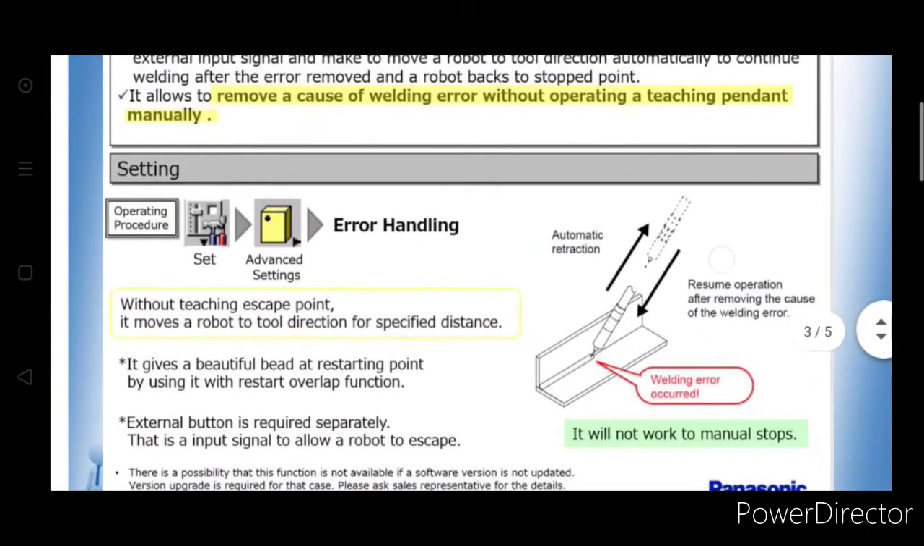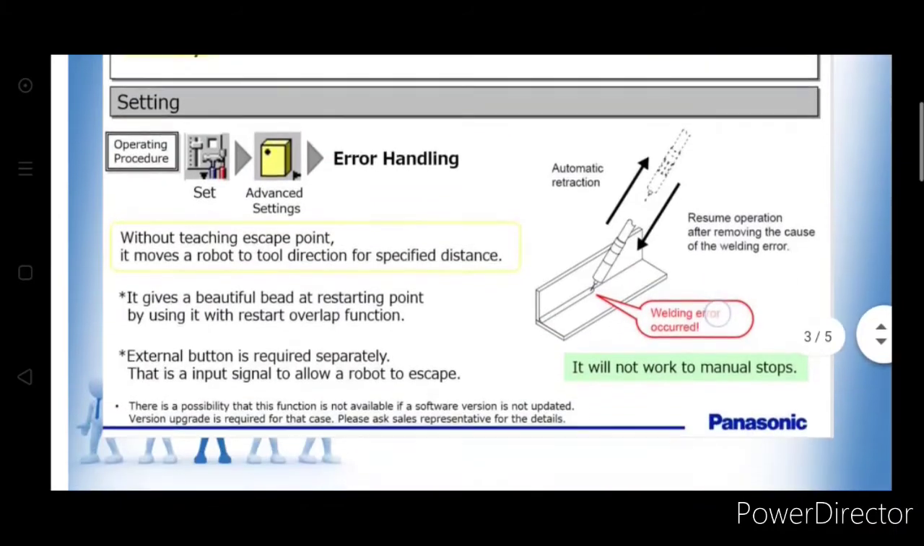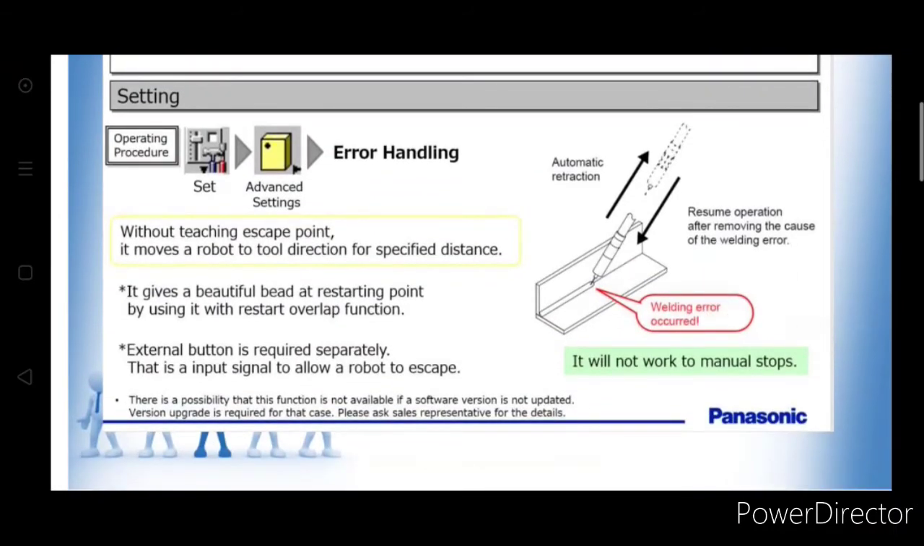How to set these functions? Okay, first of all, there are the setting details on the screen. Operation procedures. Okay, go to set, then advanced setting, then error handling. When you turn on the error handling,